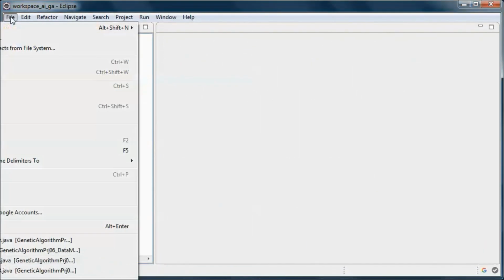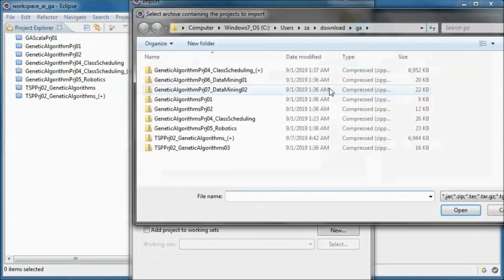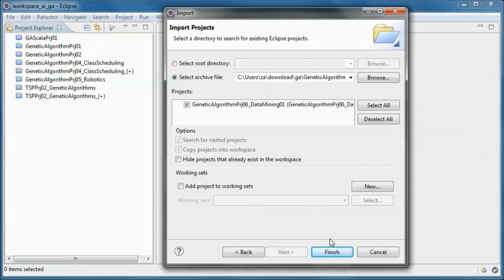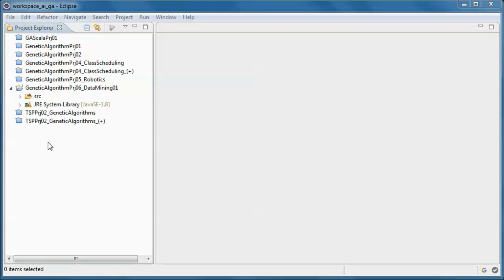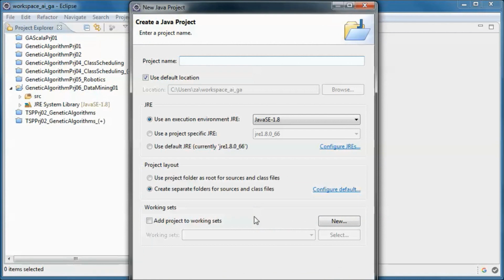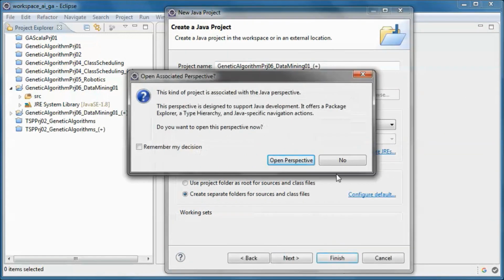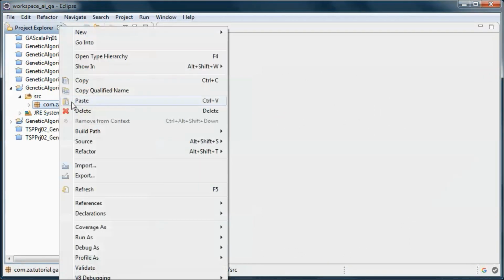I will start by importing this downloaded zip file, and let's go ahead and create a new project. And copy this code,